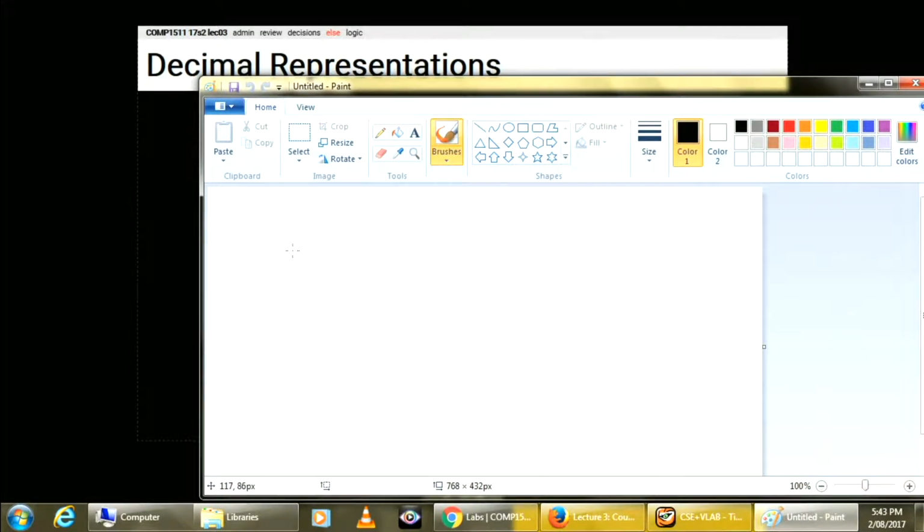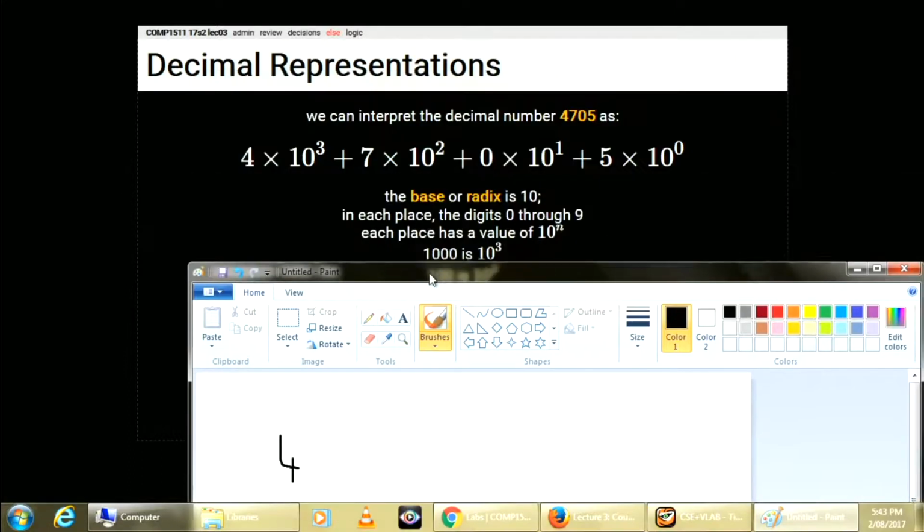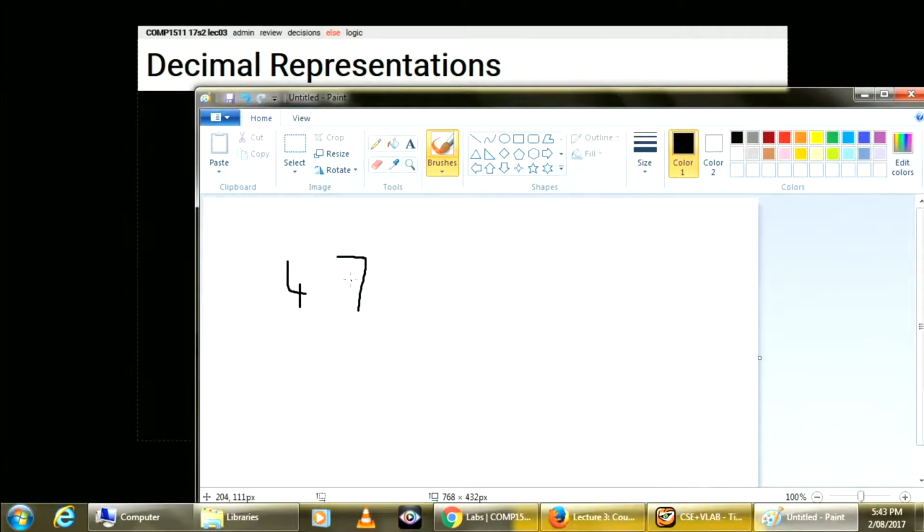So we had the number, was it 4705? Right, and so we said that that was 5 lots of 1, 0 lots of 10, 7 lots of 100, and 4 lots of 1,000. Can you read my handwriting? And so this is like the ones column, the tens column, hundreds, thousands column. But the number 1 is equivalent to,